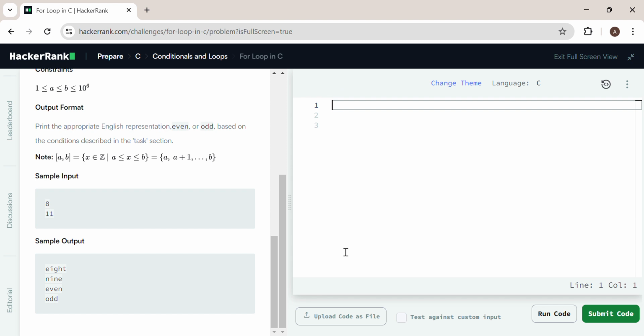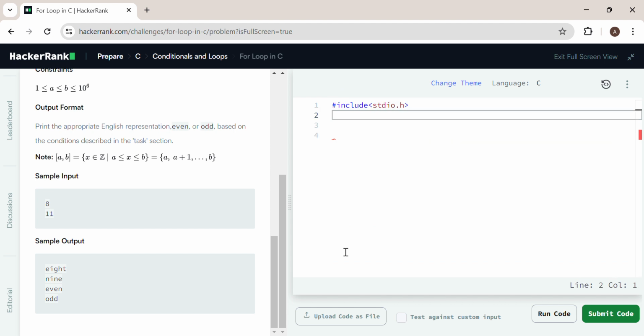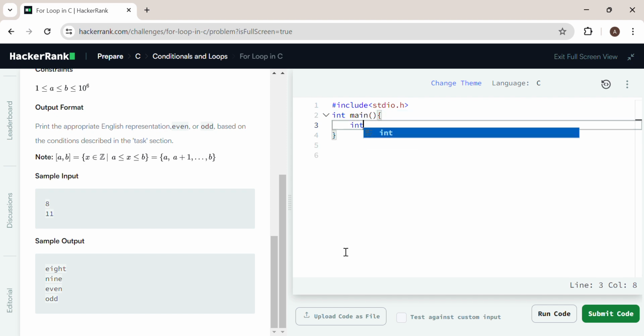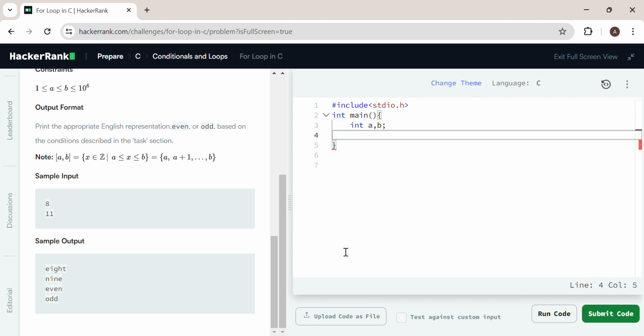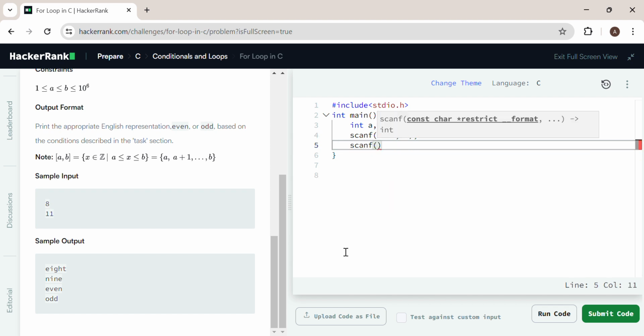So let me write #include, including the standard input output, stdio.h. Enter int main function. This says that from here the program starts. Declaring the variables a, b, then reading the inputs. scanf("%d", &a); scanf("%d", &b);